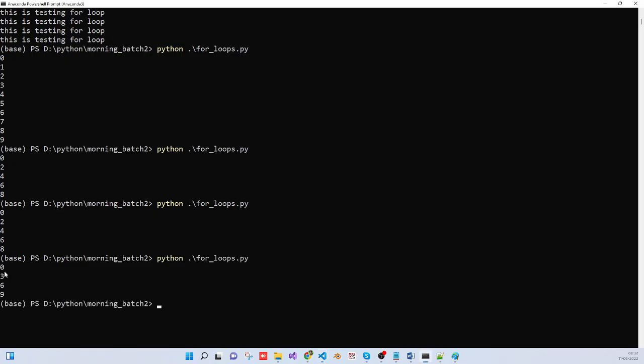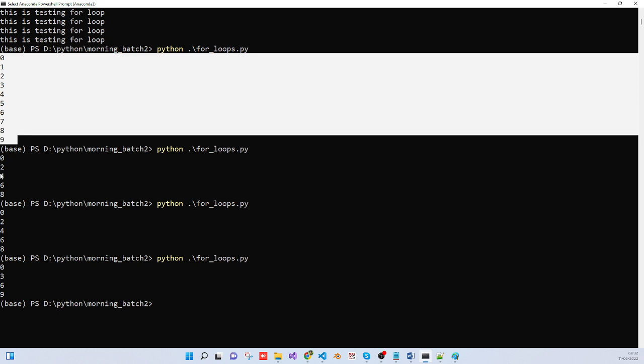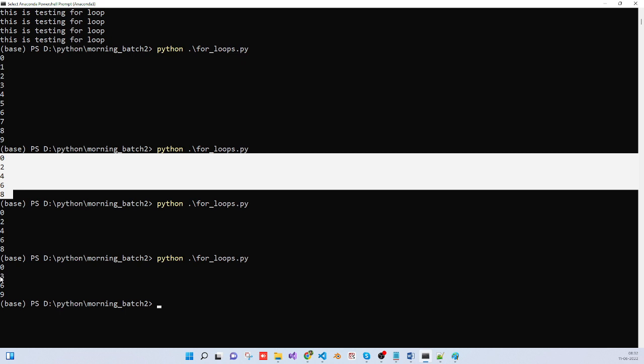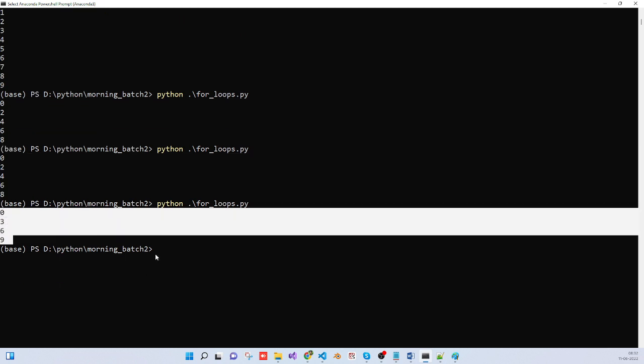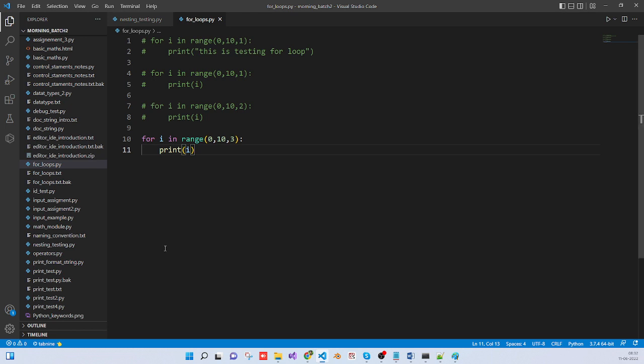See, guys, this time it is 0, 3, 6, 9. So observe the output. That is all the numbers displayed when we are doing a plus 2 step, then this is the output. Plus 3 step, this is the output. If you increase the step,